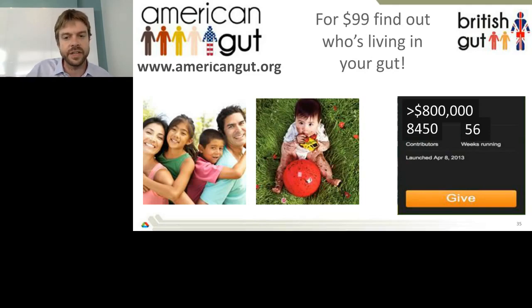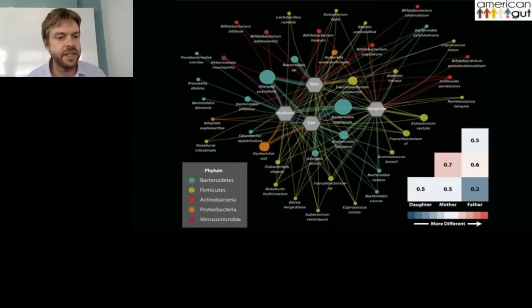This is important because it enables us to explore microbially associated diseases in a very large portion of the population. By looking at a small clinical study and looking at the microbial organisms which are important for that study, i.e. maybe disease-causing or disease-protective, we can then go into this large cohort of 5,000 to 8,000 people now and explore the prevalence of those organisms across a much larger population, and a population that's told us about their disease burden, their diet, and their age, and their gender, and their lifestyle. And that helps us to explore in a data correlative way the potential implications of those organisms in a larger